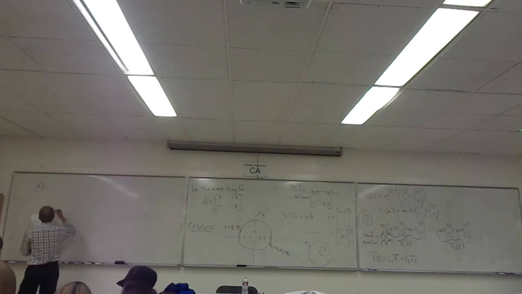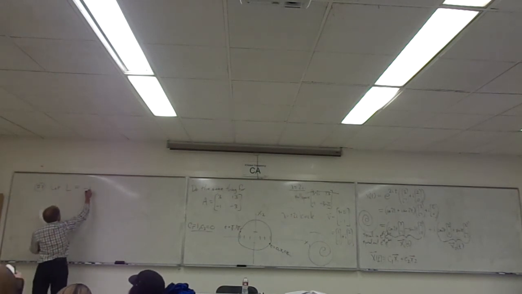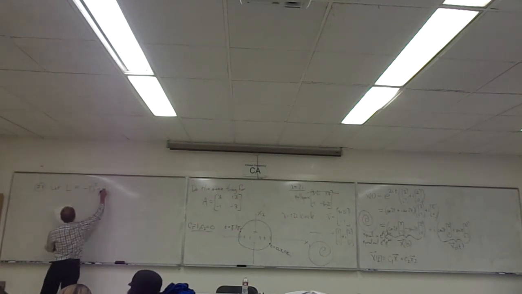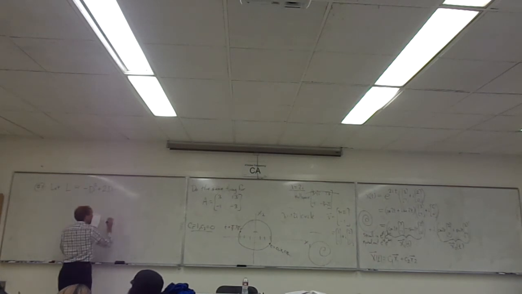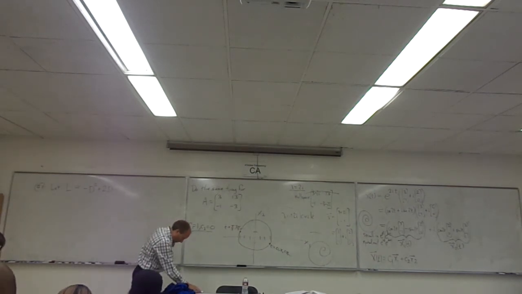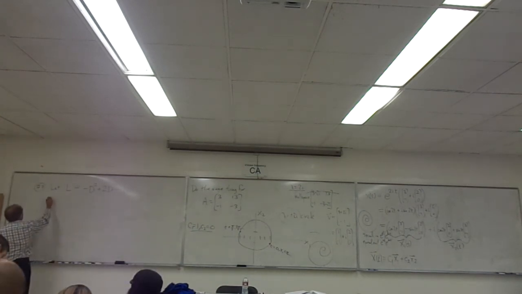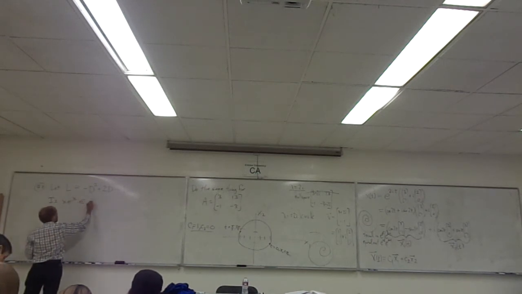What it says is, let L equal negative d squared plus 2d minus 1. And what I want us to do is answer the following question: is x e to the x an element of the kernel